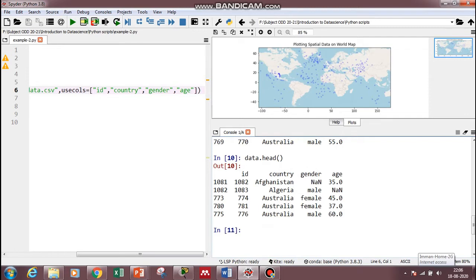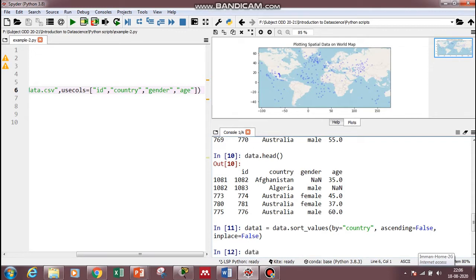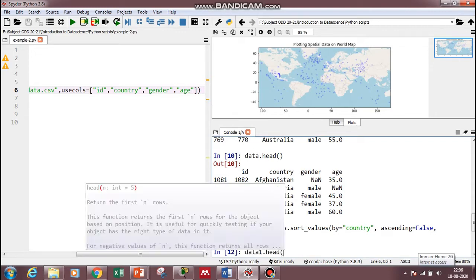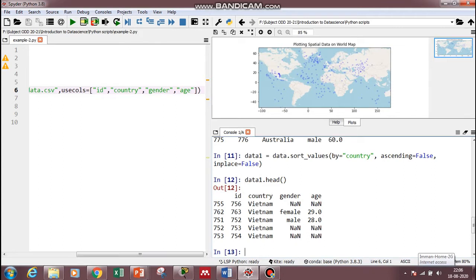So let us do a demonstration to check inplace is equal to false. What I am going to do here is ascending is equal to false. Now let us check data1 dot head. Here you can see that in the new data frame, since ascending is equal to false, it has sorted in the descending order.